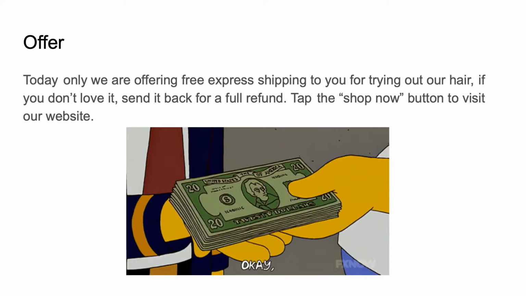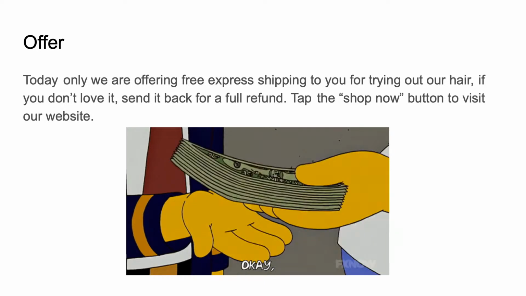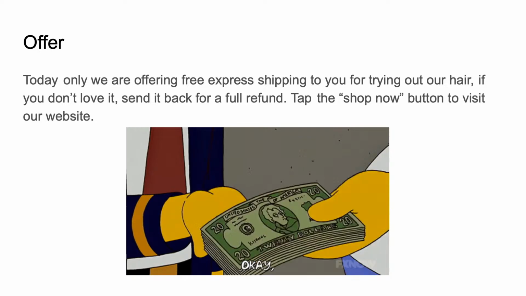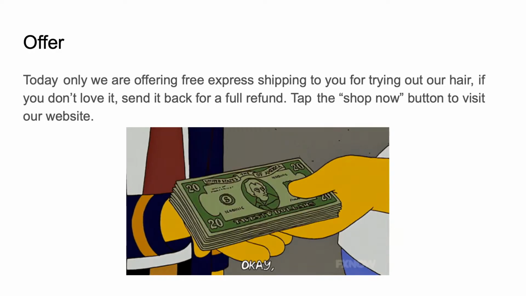So here's our offer. Today only, we're offering free express shipping to you for trying out our hair. If you don't love it, send it back for a full refund. Tap the shop now button to visit our website. Now, this is a general offer. You don't have to offer free express shipping. You don't have to offer a refund. I just wrote this in here like this